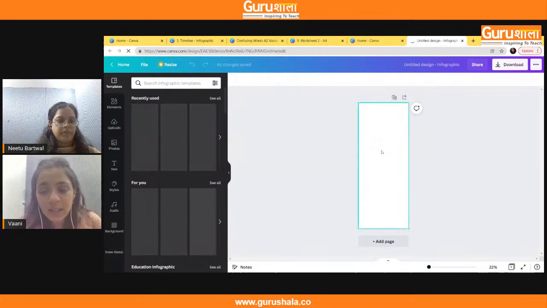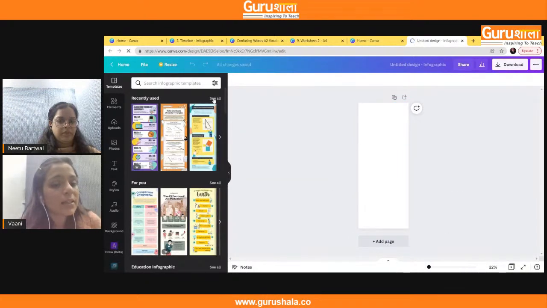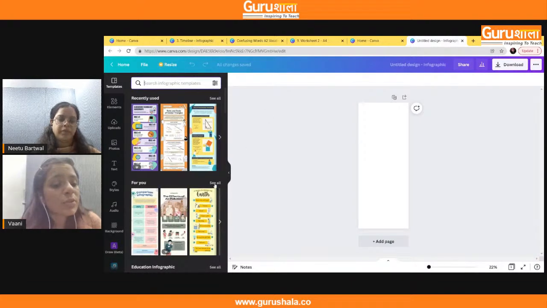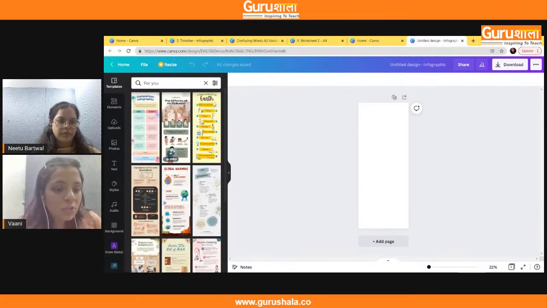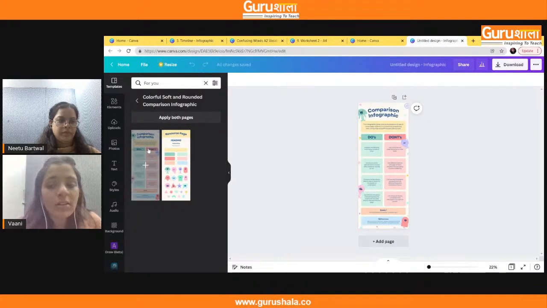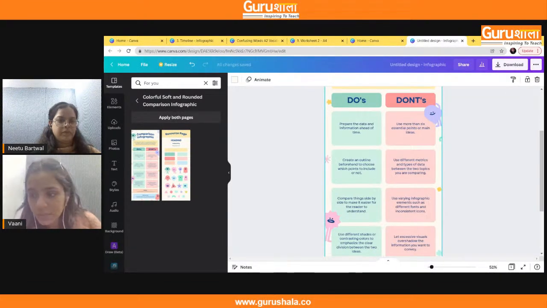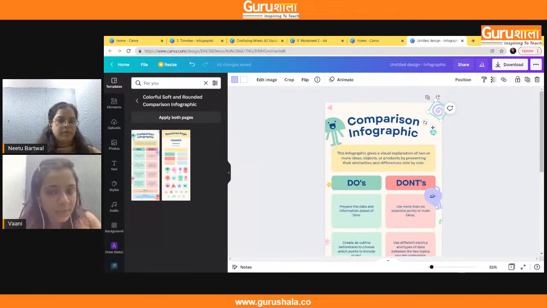But once you are redirected to this blank page, you will see that towards the left side, there are many templates that are listed out for the teachers to use. So the teachers can use any of these existing templates, or they can create a template of their own. So for example, if we are to use this free template, we can simply click on this and it will appear on our screen. So teachers, I would just like to show you that all these elements that are used in these templates can be edited. For example, this is an element that can be removed, or you can put something else here.